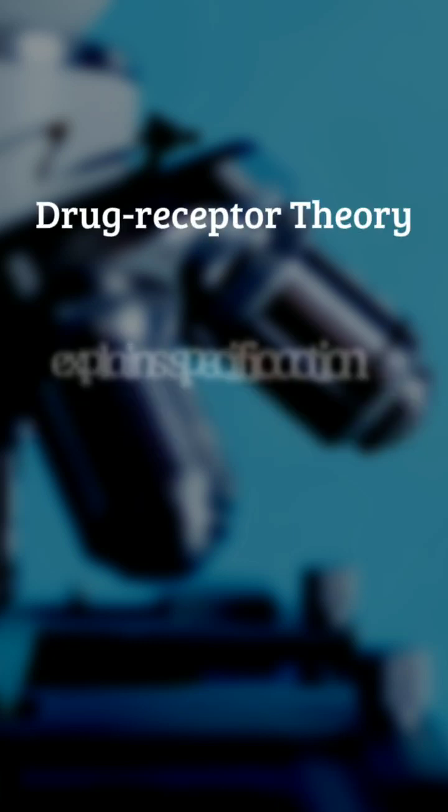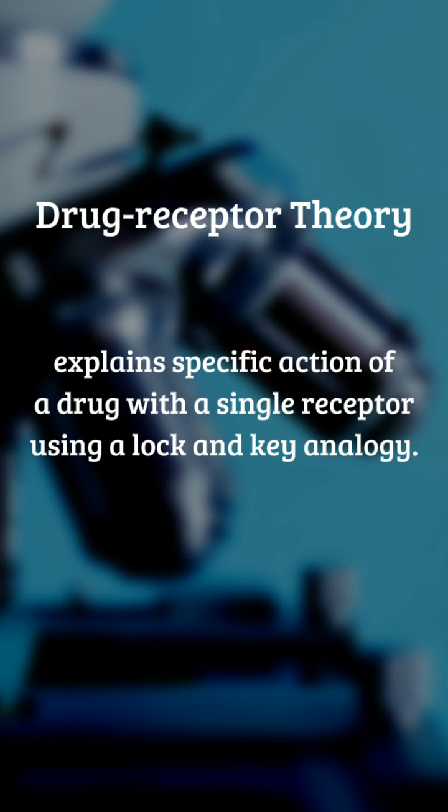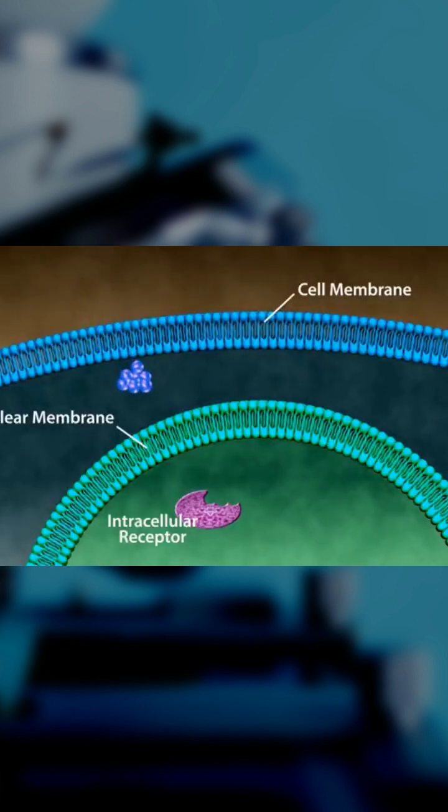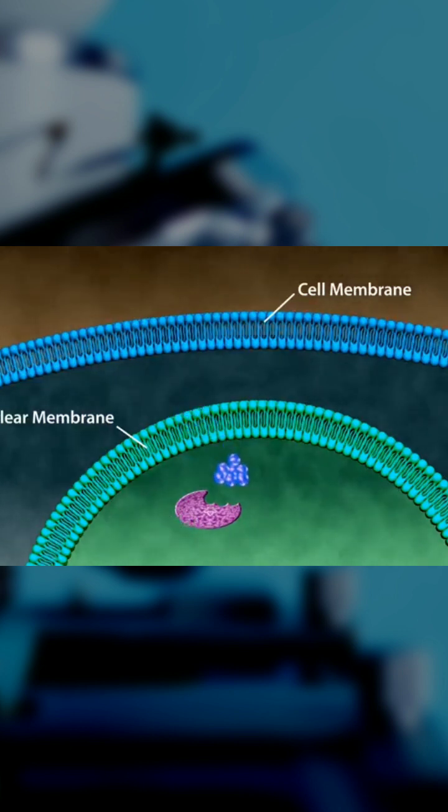Drug-receptor theory explains the specific action of a drug with a single receptor using a lock and key analogy. In this analogy, the structure of the drug is the key while the receptor would be the lock. The most potent drug at a receptor will fit perfectly, and other drugs with similar but non-identical structure may fit